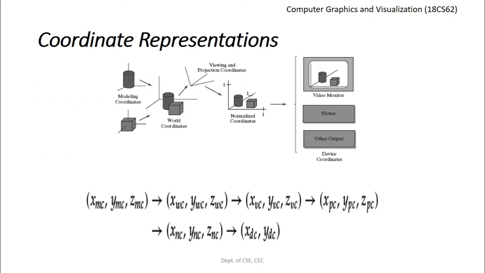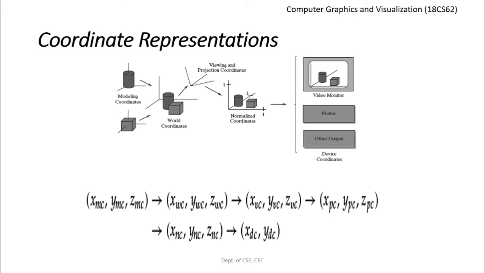Okay, to generate a picture using a programming package, we first need to give the geometric description of the objects that are to be displayed, known as the coordinates. If you want to generate any picture, let us say we want to draw a straight line segment or a straight line, we need to first give the geometric description of that straight line that will be displayed, known as the coordinates. Now to draw any straight line, we need two endpoints. So we need to input these two endpoints, or these two endpoint coordinates.